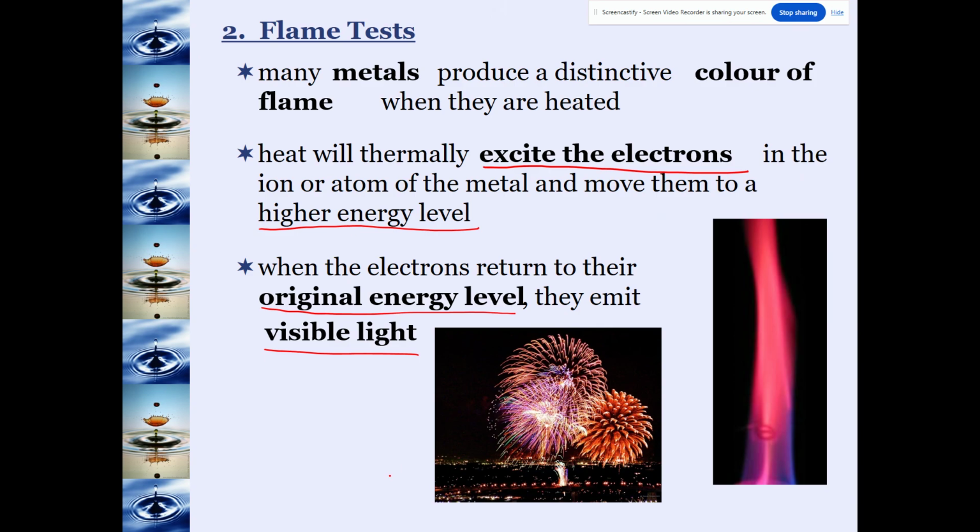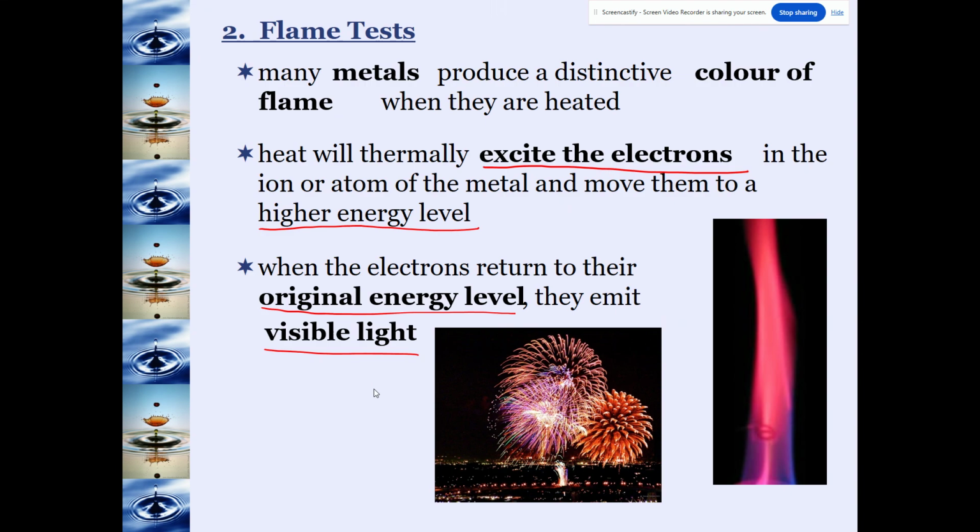Flame colors are also for my Chem 20 students on the back of their data booklets. Things like barium is a yellowish green, calcium is a yellowish red, cesium is violet, and so on. Okay? So if we have an ionic compound that contains those metals, we can test them with flames, and if they burn a specific color, that can help us try to identify what metal ion could be